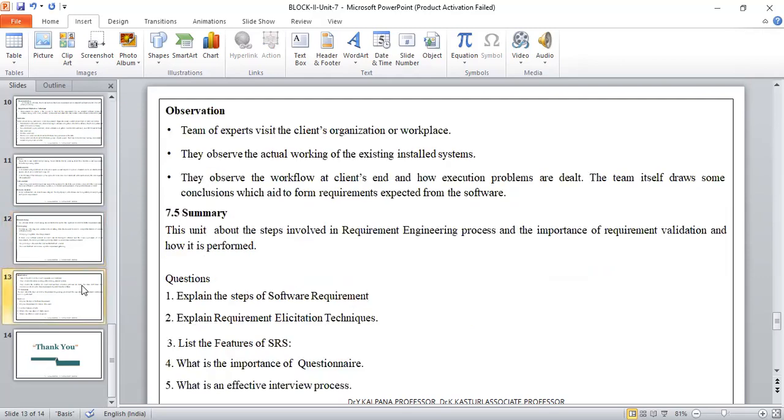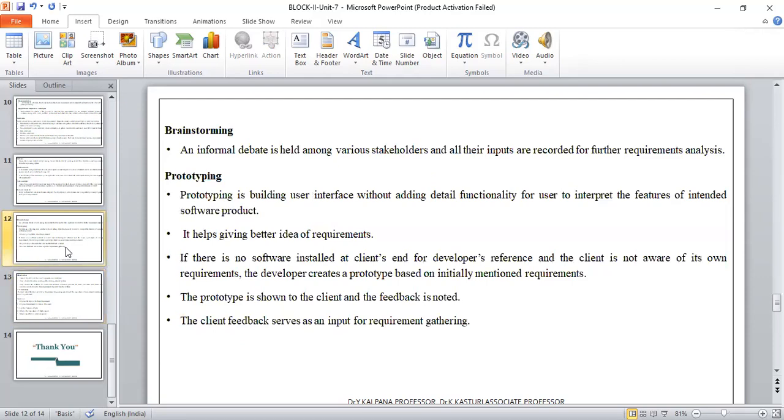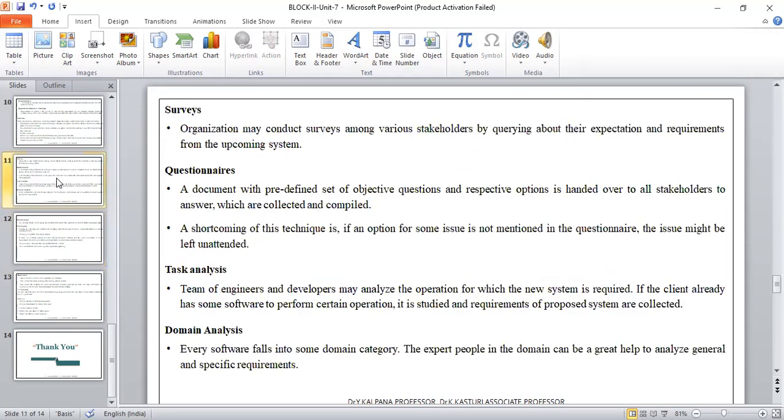Okay. And the last one is the observation. Observation is done on the client side, at the client's workplace, to know the existing system scenario. And then prototyping is building a blueprint by which we get the feedback from the client for requirement elicitation. And brainstorming is an informal debate between the stakeholders. And then domain analysis,